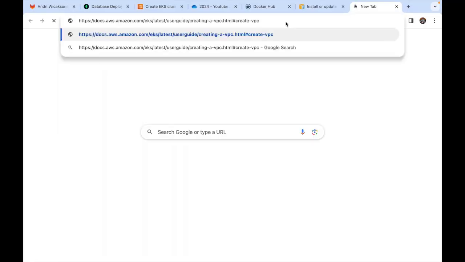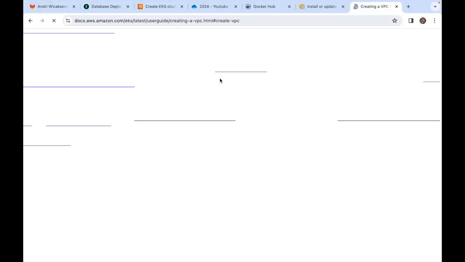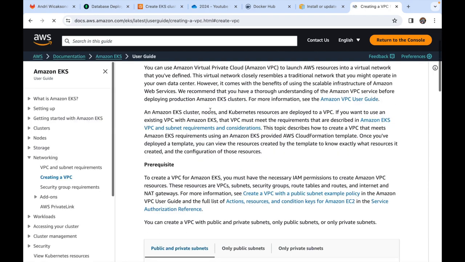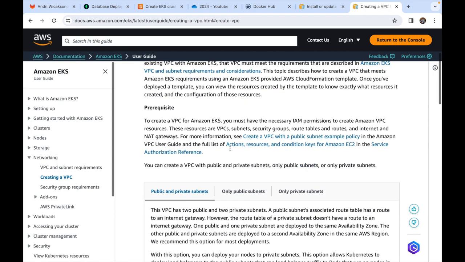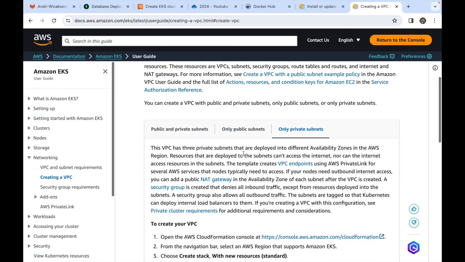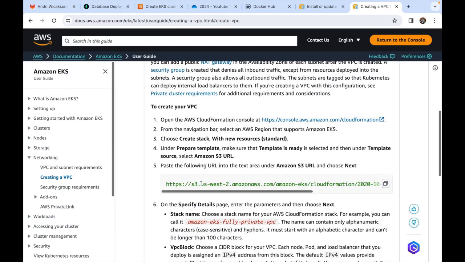The documentation is at this URL. We are going to create a CloudFormation stack, which will automatically set up the network. Okay, copy this URL to paste into the CloudFormation stack later. We will need this.